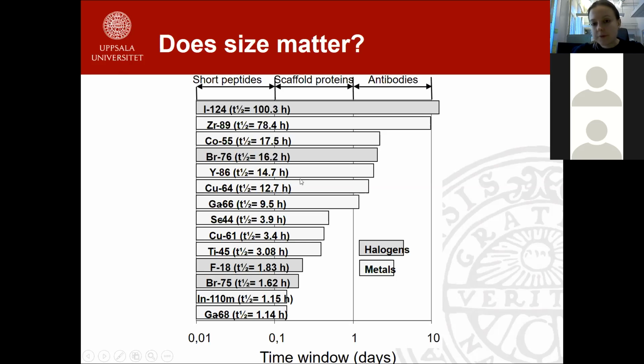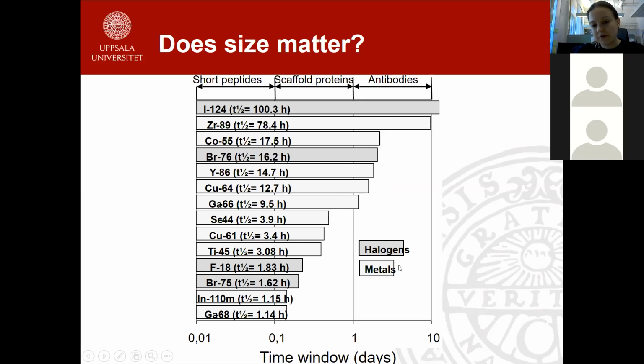There are some other options with the intermediate half-life, and we can also use the shorter lived nuclides, but we cannot study processes longer than, let's say, 3-4 hours post-injection. And then for the monoclonal antibodies, we cannot use the shorter lived ones, so we can only use the longer lived ones. And another level of complexity that will now come into question is the